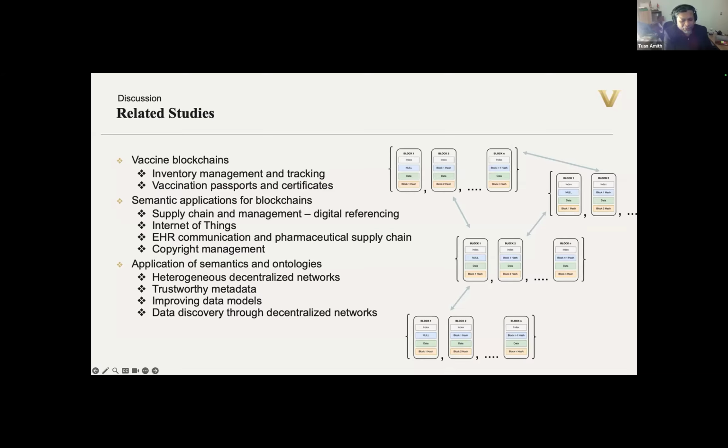So on the topic of semantic blockchain, a semantic blockchain marries the features of the semantic web, which provides the standardization and the annotation of data, with blockchain, which provides the trust and the immutability of information. So basically, a semantic blockchain provides interoperability between different blockchain networks, as well as with semantic web resources like ontologies.